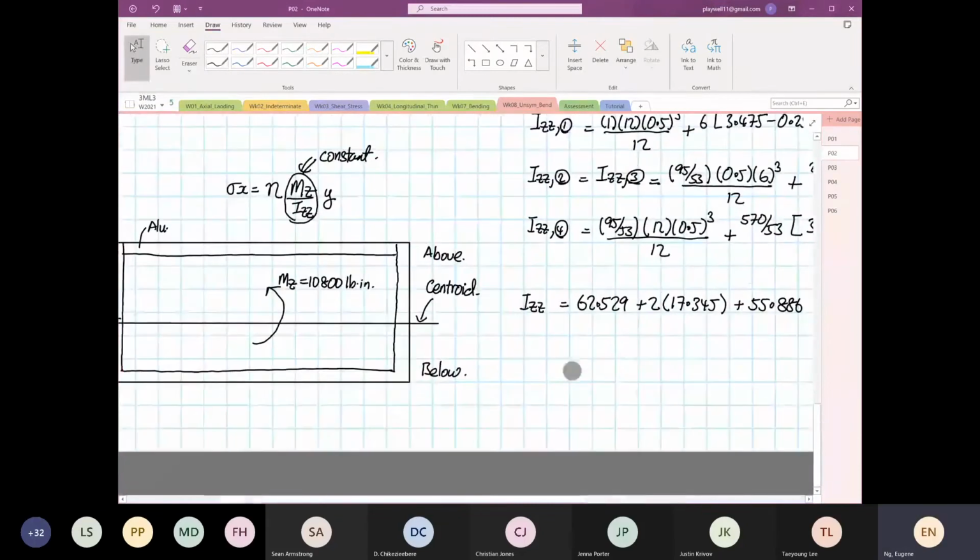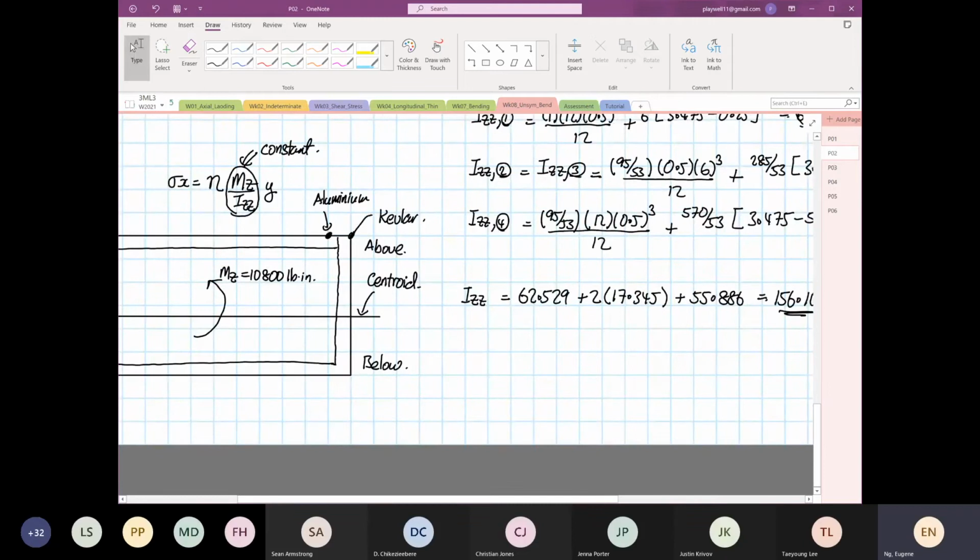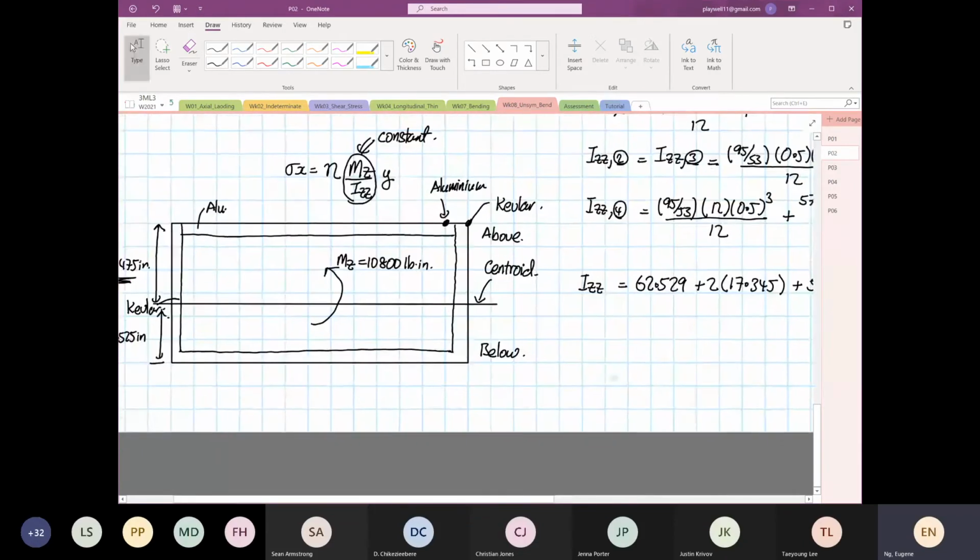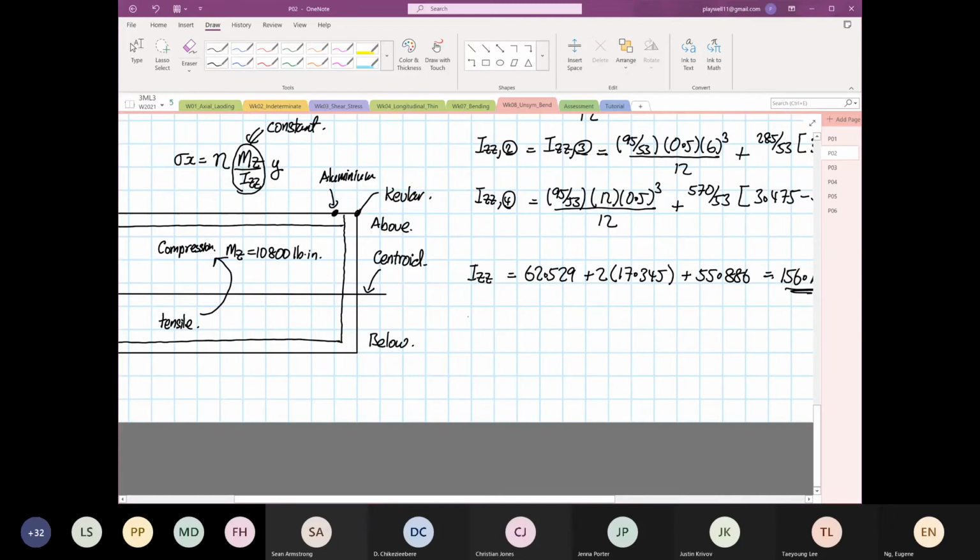From here, we know that we have to calculate for aluminum. We have to calculate this distance. We're going to calculate a point over here for aluminum, and a point over here for our Kevlar. I'm just going to squeeze everything into this page. Based on this, we have compression and we have tensile. Based on compression, we're going to find the maximum stress